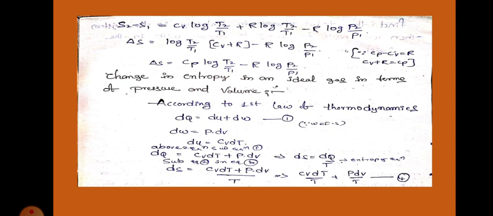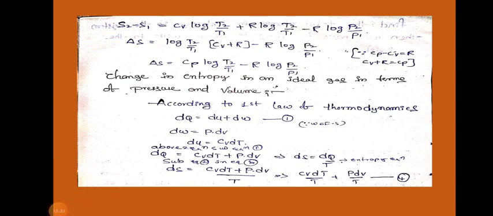So therefore ds is equal to Cv p dv by R into pv by R, plus Cv v dp by R into pv by R, plus p into dv by pv by R. Here p gets cancelled, v gets cancelled, R gets cancelled, and in the second term and third term, p gets cancelled, R gets cancelled in numerator and denominator. So therefore ds is equal to Cv dv by v plus Cv dp by p plus R into dv by v. This is the equation number 6.